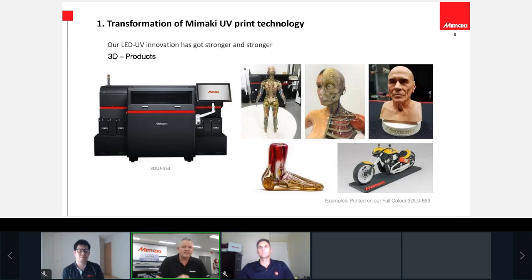Just moving forward in regards to a later technology, Mimaki introduced probably around about 18 months ago the Mimaki 3D UJ-553. It's all the acronyms of Mimaki. And that was actually again an inkjettable resin ink that was cured by UV LED to actually create 3D models in full color. So using the technology that we've actually used in the past, that we known that was proven and factual in regards to being able to cure UV ink, we developed this 3D printer 18 months ago